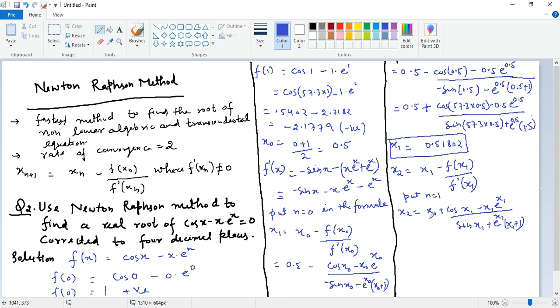Now put the value of x1 here, which is 0.5180. So 0.5180 plus cos 57.3 into 0.5180 minus